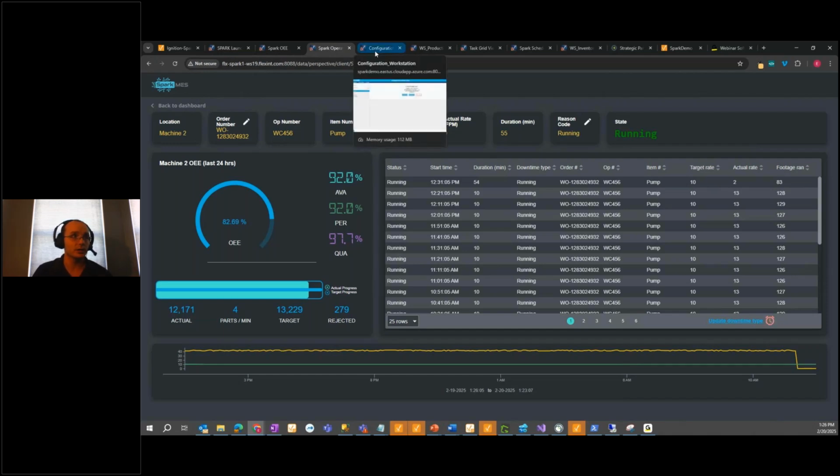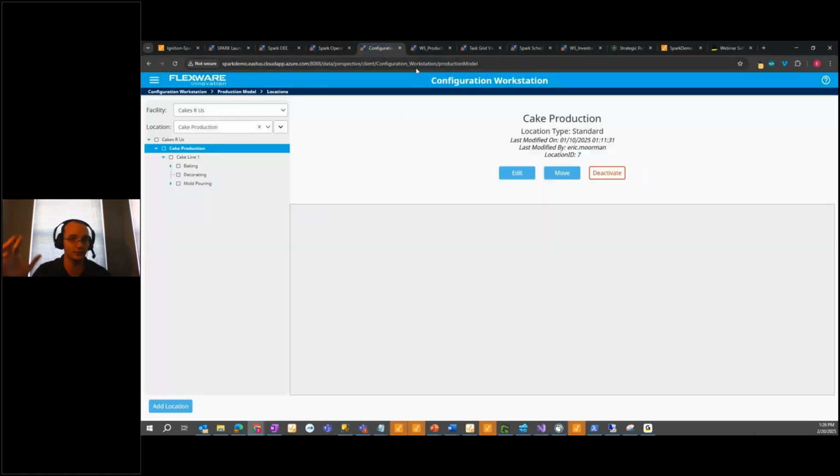And really how we do all of that depends on your configuration of the system, right? So again, like I said, a lot of this has been done through a front-end configuration app. Well, this is the front-end configuration app, our configuration workstation. And this screen really lets you do all of that, right? So from this screen, you can set up your production model. You can set up your different,